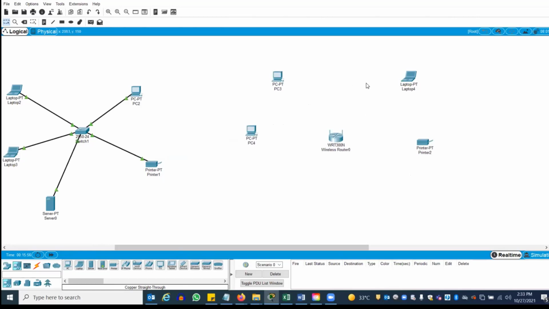Okay, in this I'm going to add two more devices. I'm adding a wireless tablet and a smartphone, because these have a wireless interface. The wireless tablet already has a wireless interface, that's why it is connected. This PC does not have one now, so we have to add it.